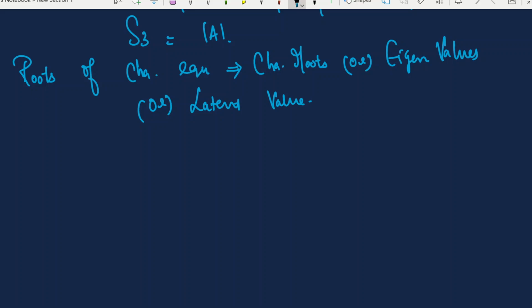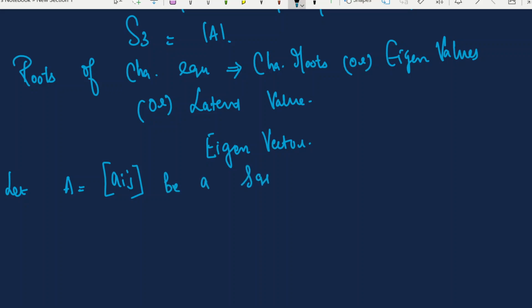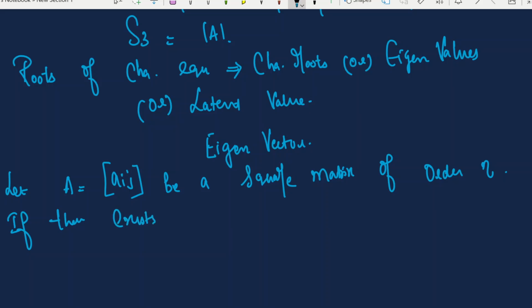Next we will go with the eigenvector. Eigenvector: let A be a square matrix, Aij, of order n. If there exists a non-zero vector,